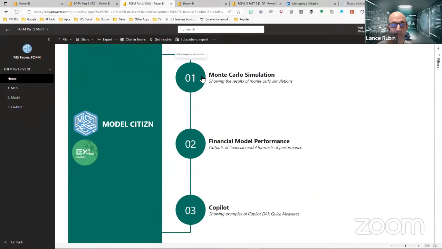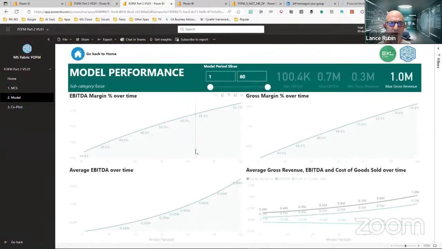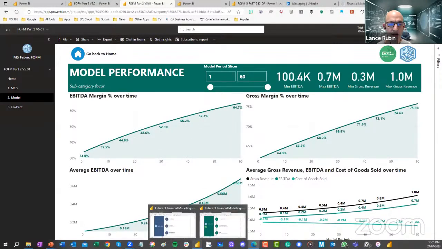You can publish this to a phone. You can chat in Teams. You can subscribe to the report. You can do all sorts of things. And now, you can use all of that. If I go to Power BI Desktop, right? So we're talking about desktop versus online. So online, great, scalable, that's awesome.